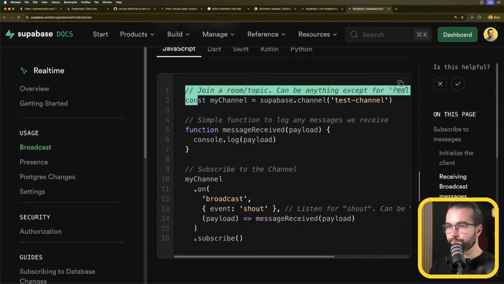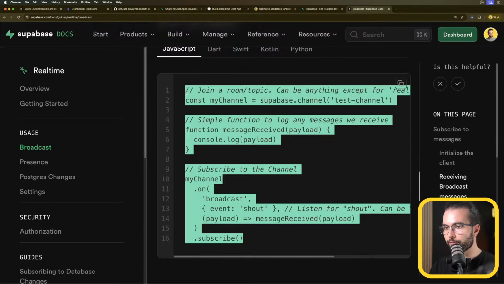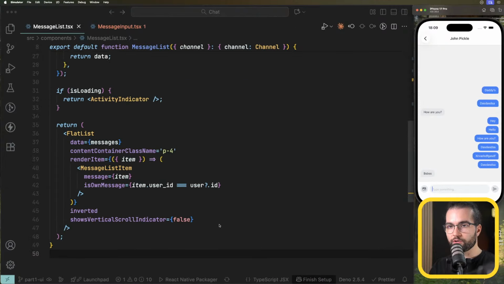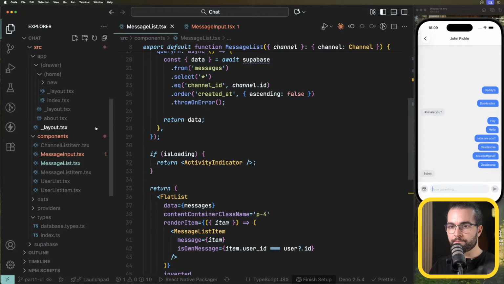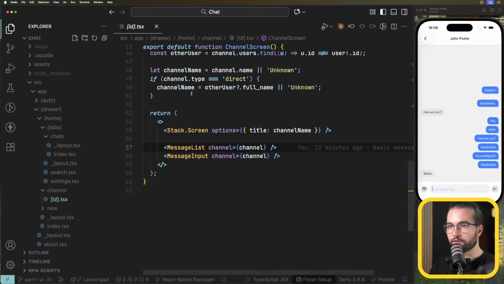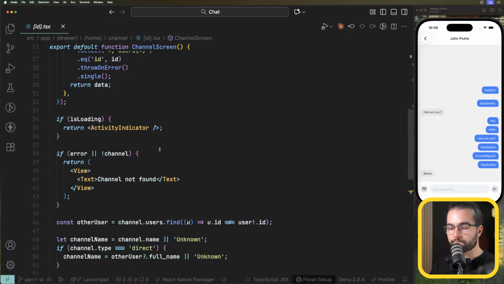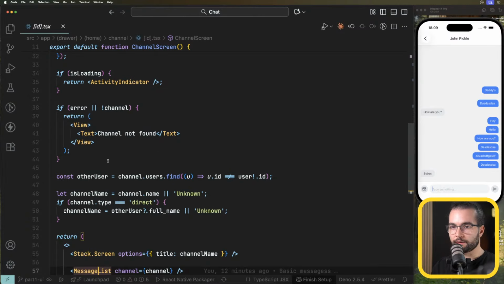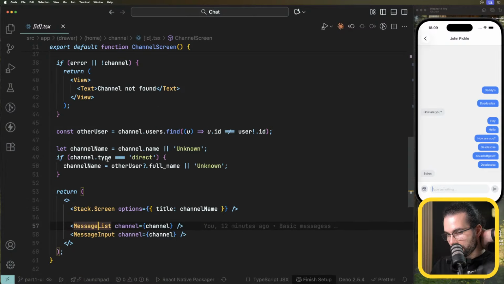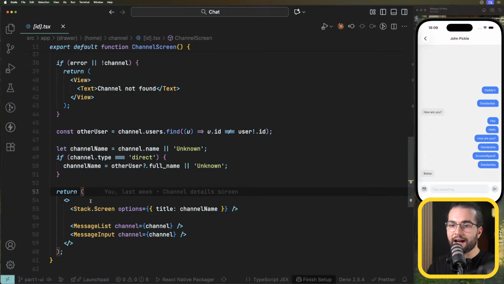So let's copy this code. Now let's go here in maybe the channel ID page. And what am I going to do? I'm going to take a step back, because before I implement and I talk about broadcast, what I will do